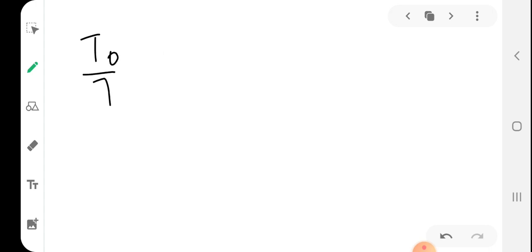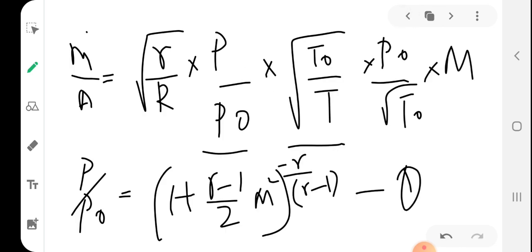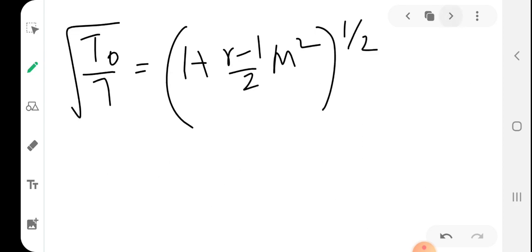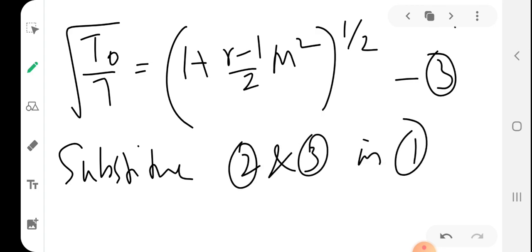T0 by T is nothing but 1 plus gamma minus 1 by 2 Mach square. So root T0 by T means raised to half. So substituting these equations, let this be 1, let these equations be 1, 2, 3. Substitute 2 and 3 in 1 gives